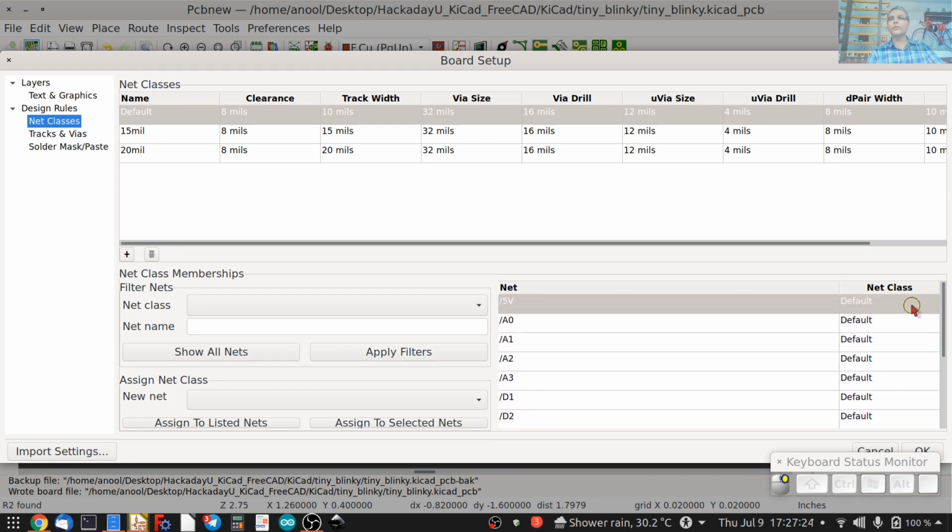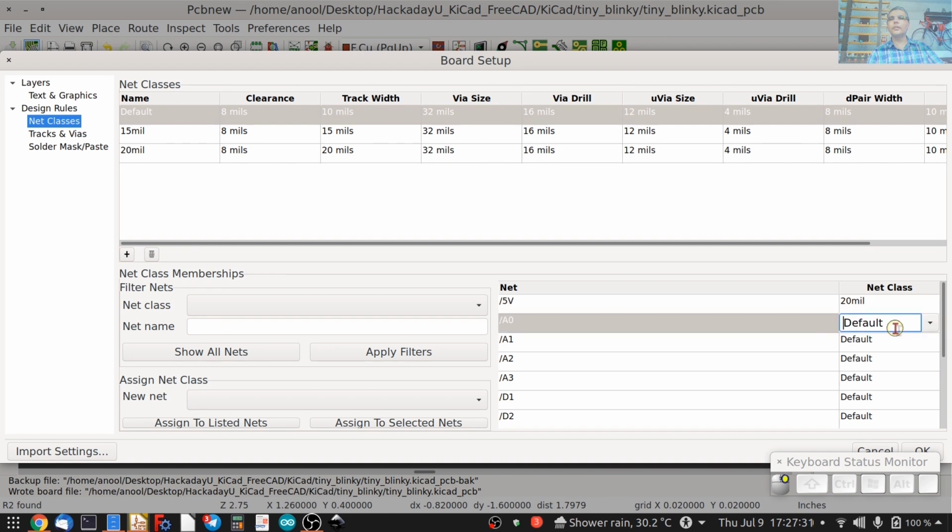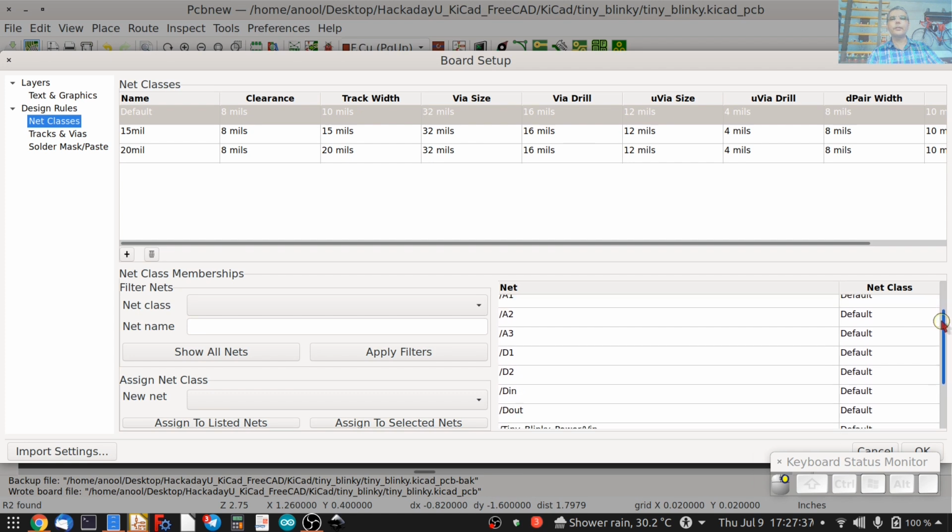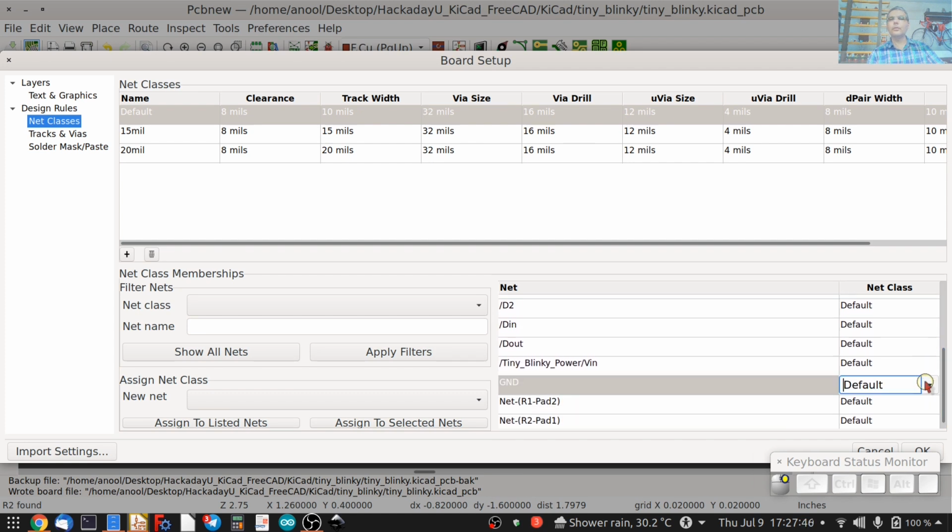Click on the net class, you get a drop down list, select 20, and that changes the 5 volt net to a 20 mil net class. The others are signals, so we can leave them as they are, except for ground, and select that as 20 mil.